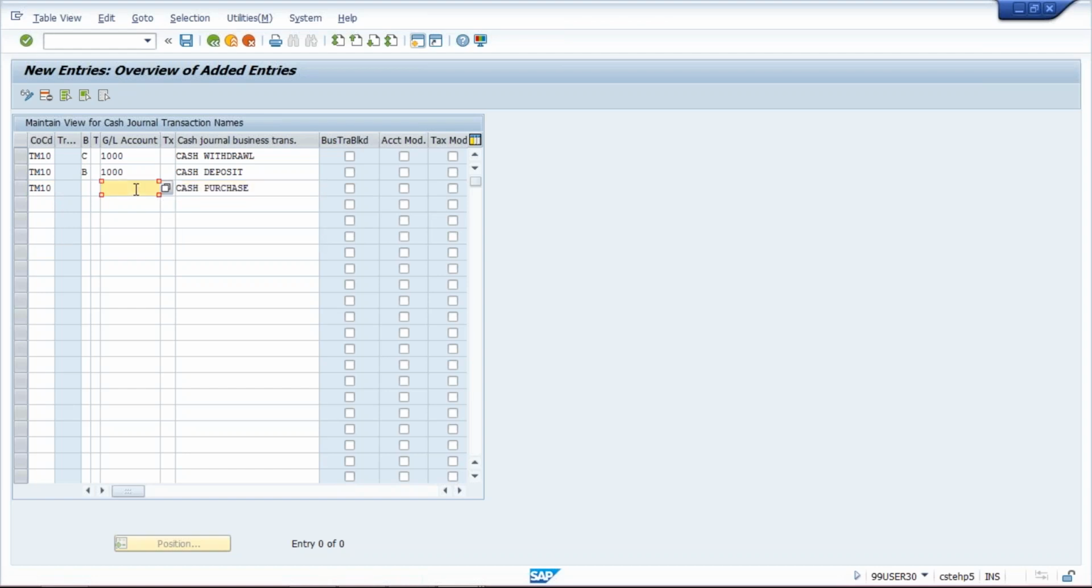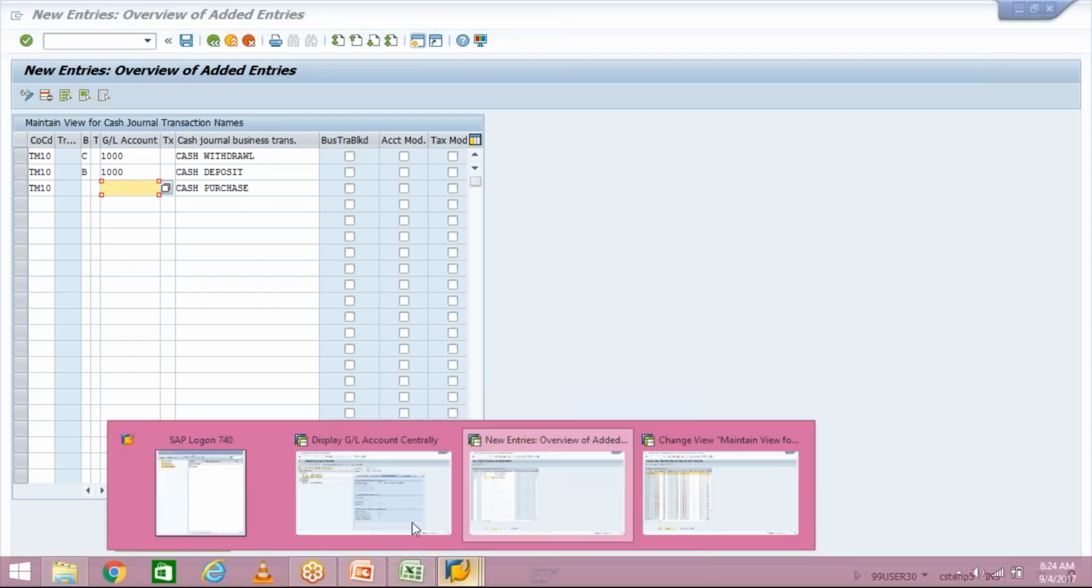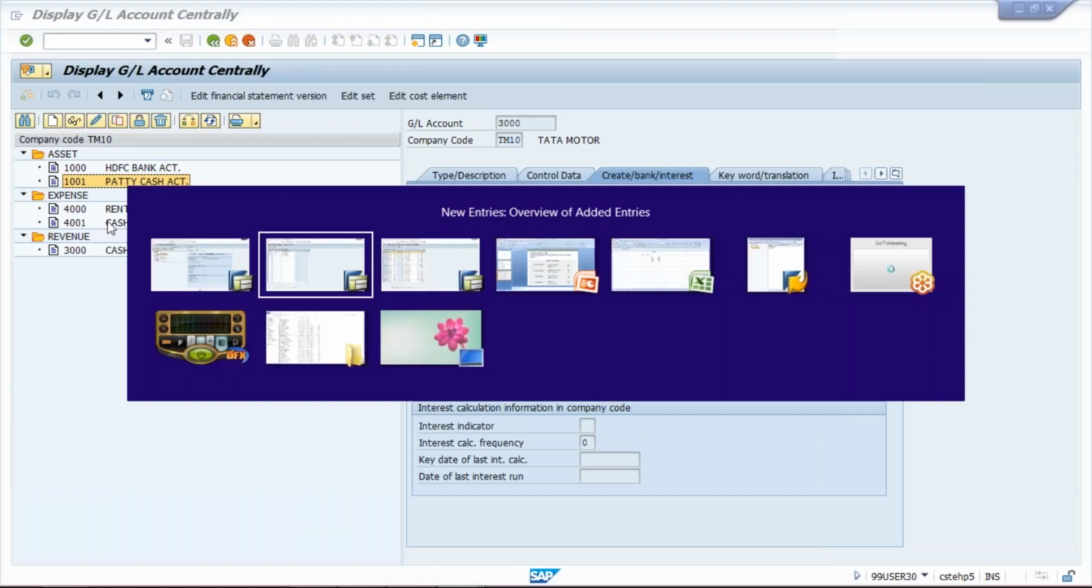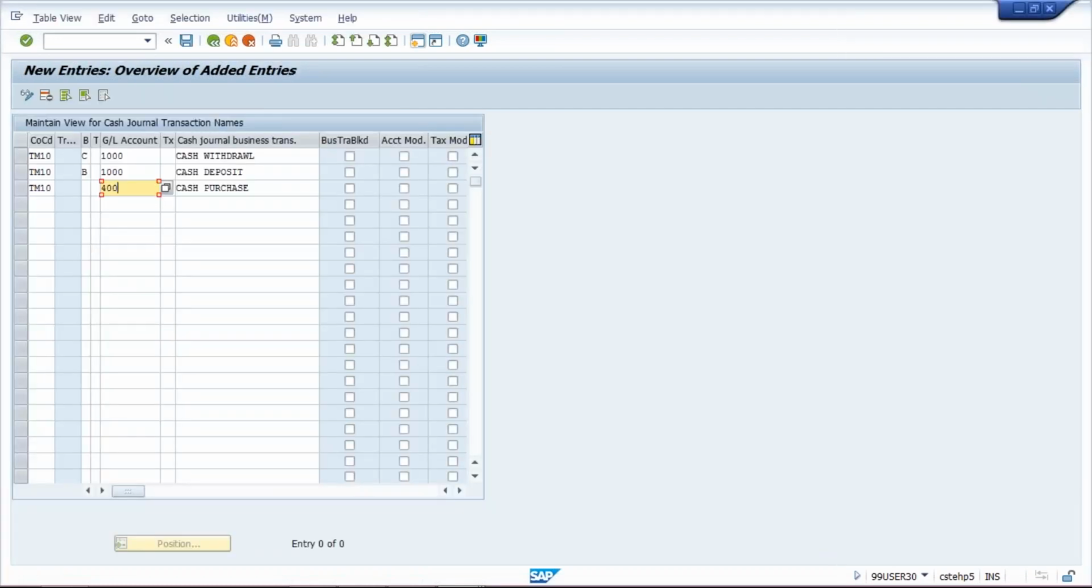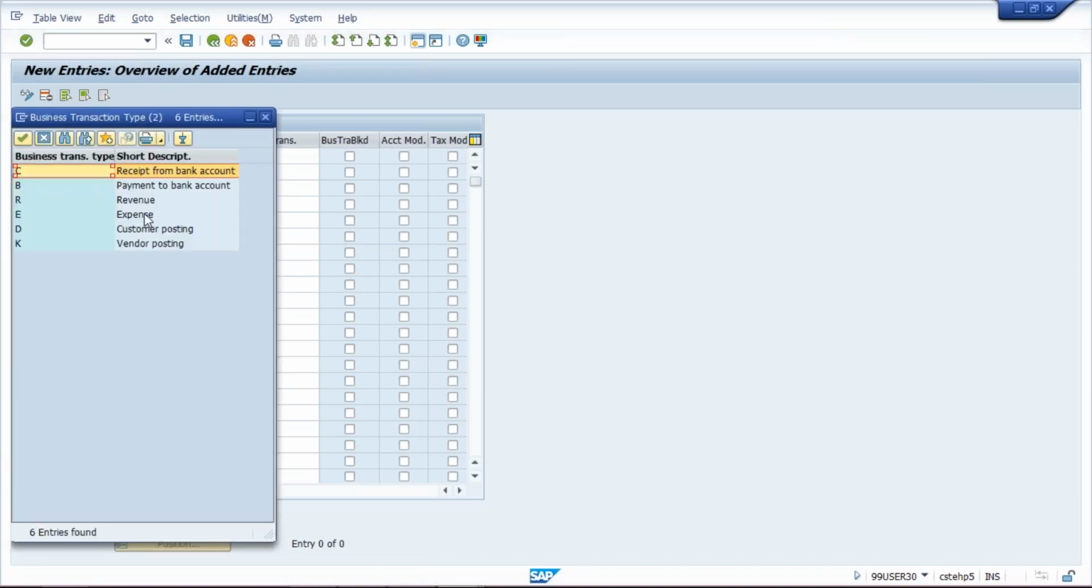So during cash purchase, again petty cash GL will be there on one side, and on the other side cash purchase GL will be there. So what is the cash purchase GL number which we have created? Cash purchase GL number is 4001. So I am going to link the 4001 GL number here, and click on the drop down, and business transaction type will be cash purchase,